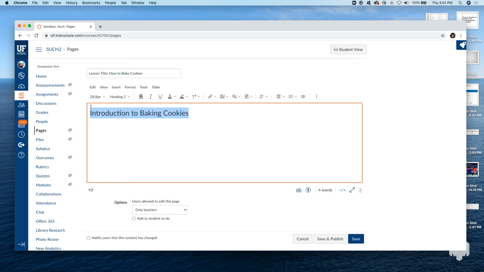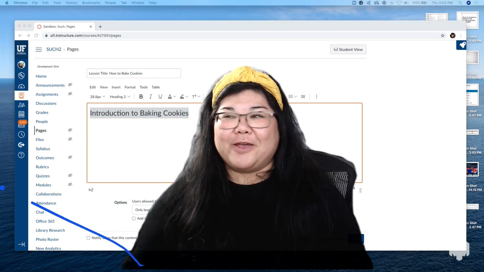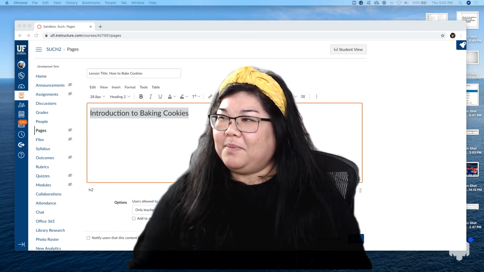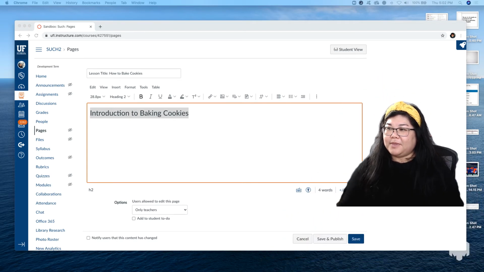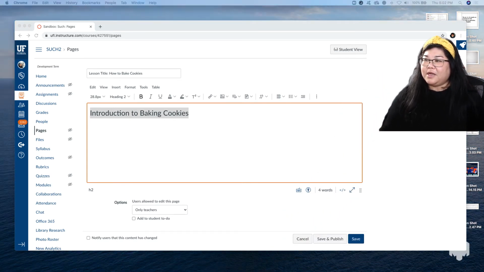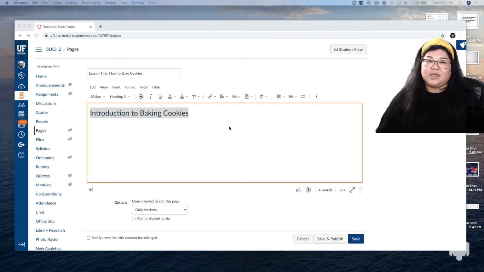So then when someone who needs accessibility, I'm going to bring myself on screen so you can kind of see me talk. There I am. And I'm going to take off the pointer and move myself to the side, make myself a little bit smaller so I take up less room on the screen. There you go. And so you see that here with Introduction to Baking Cookies, you've made it a heading 2,